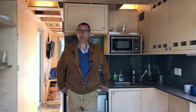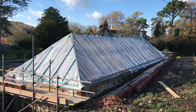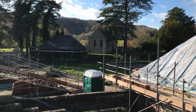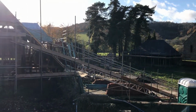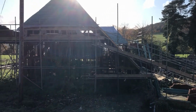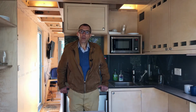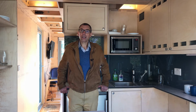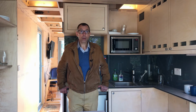So I'm excited about trying to do something new and something which looks new, but I don't want to do it in an aggressive way. We can still put pitched roofs on and roses round the door. I might not go as far as carriage lamps, but you know, we can make these beautiful places to live, and we can build communities which have integrity and beauty and which work, where people can live and work and shop. And if we can get the costs down, you know, maybe we can even afford to build a new